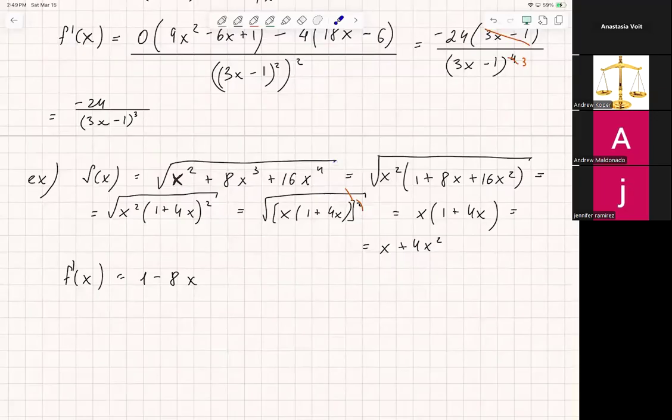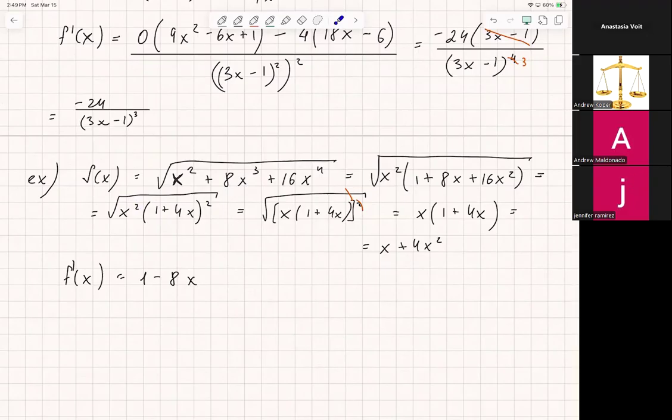So the first thing that you might start doing is just simplify the expression inside of the square root, and you see that all of them have x squared, so we just factor that out, and then we see that we have this 1 plus 8x plus 16x squared, and we see that that can be also factored into (1 plus 4x) squared, and in this case you can just get rid of the square and